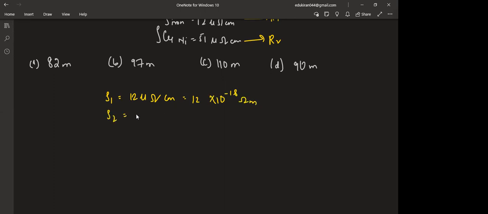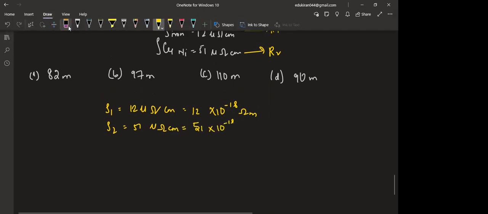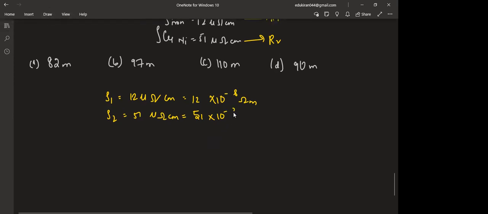Adriel is also correct. Same way, resistivity 2 was 51 micro, that will become 51 into 10 to the power minus 8 ohm meter. So for parallel combination,